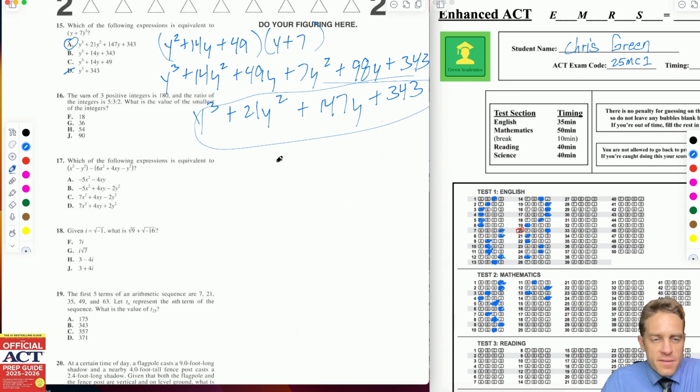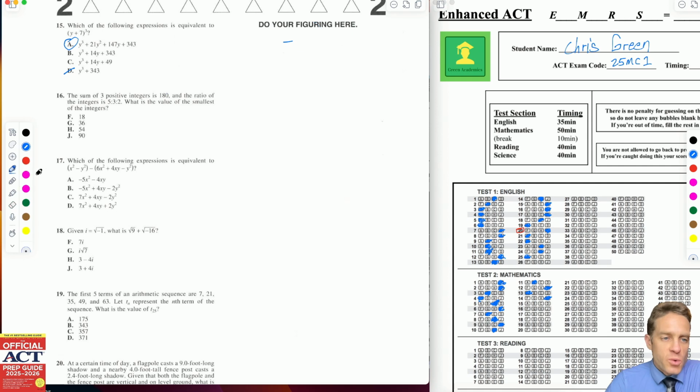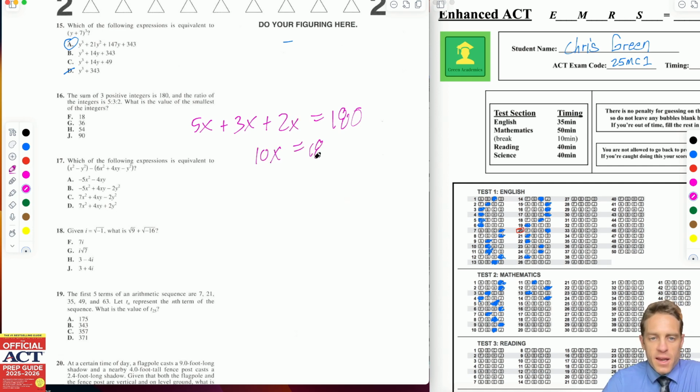The sum of 3 positive integers is 180, and the ratio of the integers is 5 to 3 to 2. Well, if the ratio is 5 to 3 to 2, you could have thought of the 3 respectively as 5x, 3x, and 2x. And then if you think of those adding to 180, then you're looking at 5x plus 3x plus 2x is 10x is 180. So x is 18, which means the actual values are